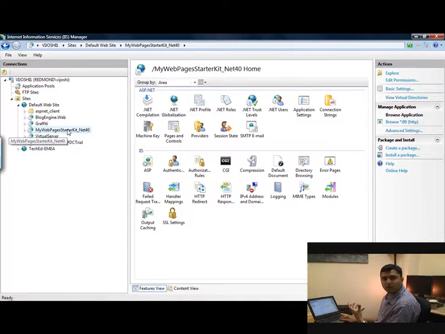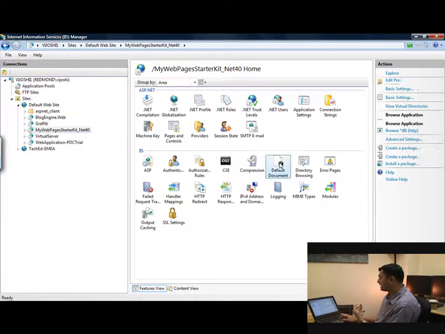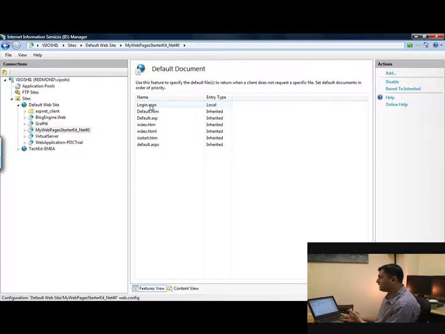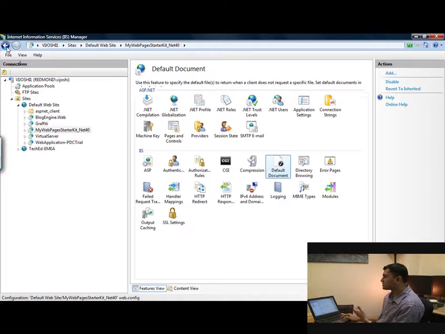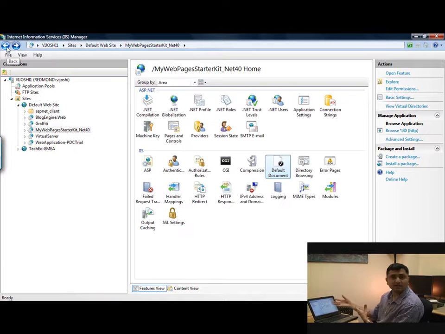One of the other points that I wanted to mention is that I went ahead and modified my default document to be login.aspx. Many times you change your default documents to whatever you want, and these kinds of settings were the ones which you had to tell your admin to go ahead and make, right? A bunch of IIS settings. The meta point is that this is not just one IIS setting, but any IIS setting you would have to ask your admin to do, versus now when I'm going to go ahead and refresh this,